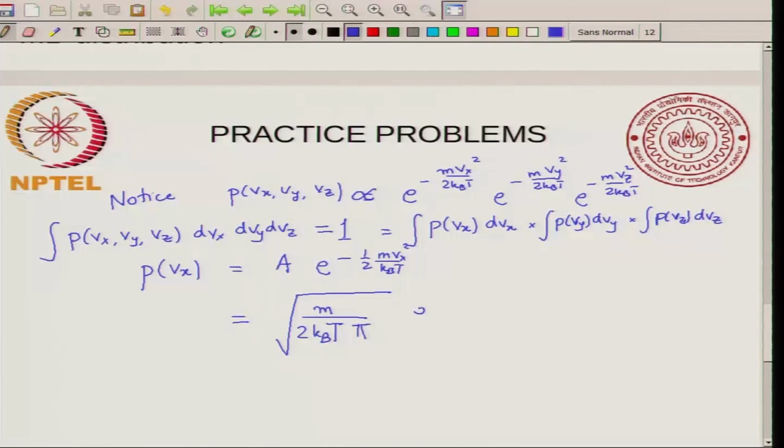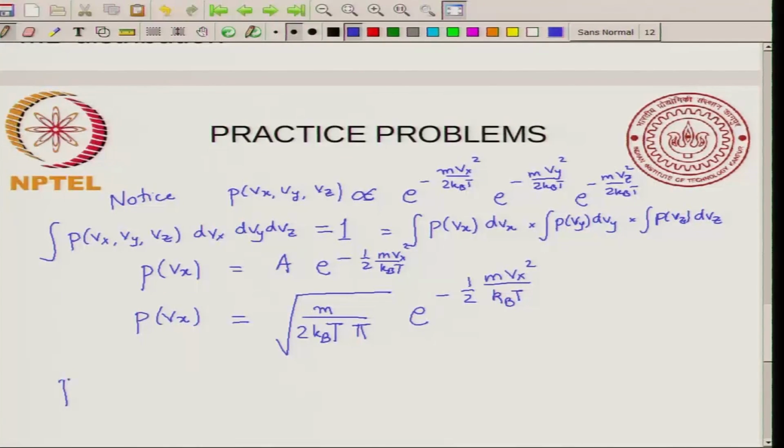Okay. And so, with this whole exercise, I will just complete the writing of this quantity. Okay. So, this is my normalized P of Vx. Again we used the idea, we took this a just from a usual Gaussian function. So, if you had e to the minus a x square, then the normalization constant is square root of a by pi. So, here instead of a you have m by 2 kBT, okay, and so that is what I replaced a by. Okay. So, now we have the normalization constant for Vx, we can do similarly for Vy and Vz,